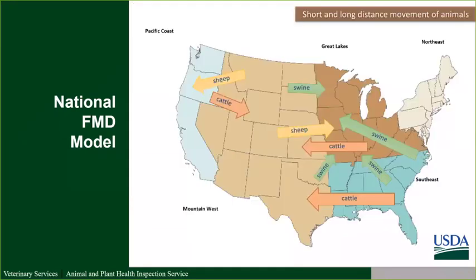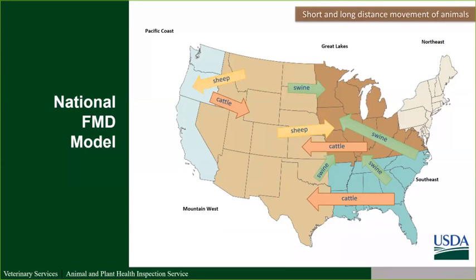Speaking of animal movements, movements of animals within our model are based on U.S. livestock industry movement patterns. We represent both short and long distance movements, based on known characteristics and patterns within the different livestock industries. These movements also include movements within swine companies and their network type movements to account for U.S. company ownership and structure, with directional movements within a system, but we still can have indirect contacts between systems or between companies. We can also represent regional differences in movements within the model.